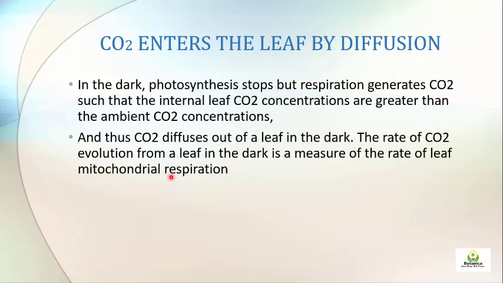So the rate of CO2 evolution from a leaf in the dark is a measure of the rate of leaf mitochondrial respiration. As far as calculating the rate of respiration is concerned, we can calculate the rate of respiration in the plant by calculating the CO2 which is being evolved from the leaf in the dark. So by measuring that CO2, we can calculate the rate of